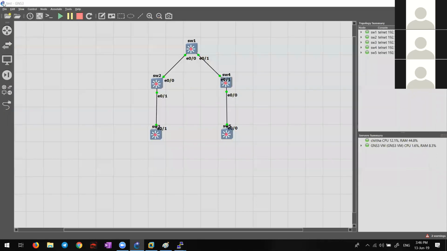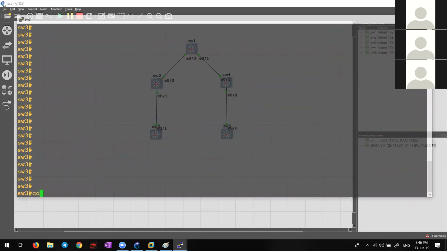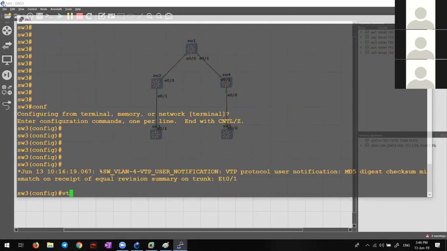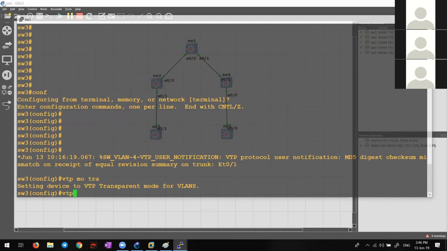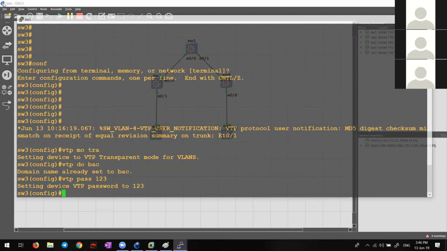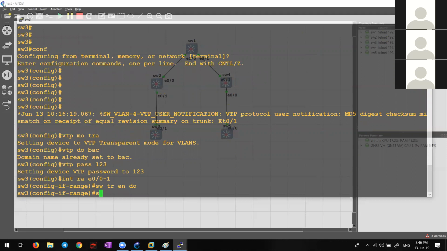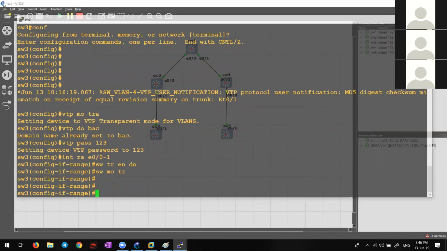Correct? Now switch 3, same thing. Config mode, VTP mode, what? Transparent. VTP domain BAC, VTP password 123, interface range E0/0-1, switchport trunk encapsulation dot1Q, switchport mode trunk, done.